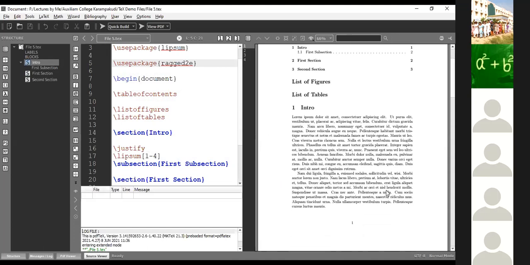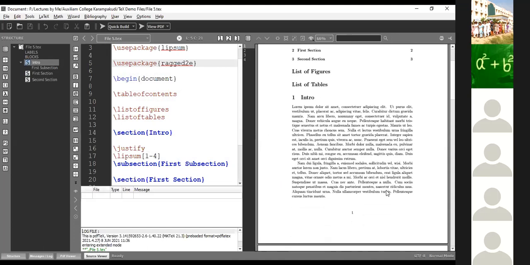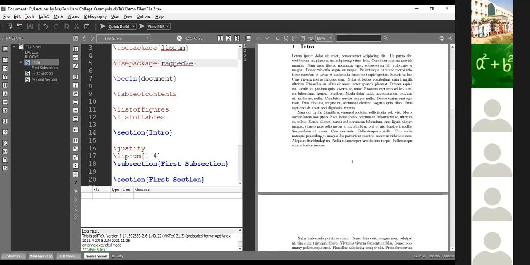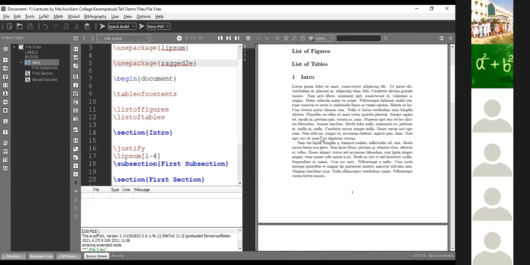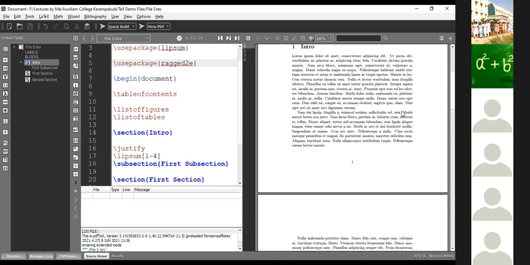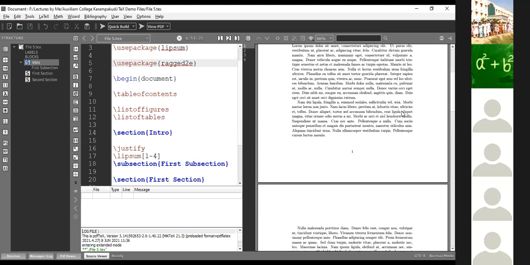This is already in justification mode. Previously also it was in justification mode, so I'm not concentrating on this text. Actually, I am facing the problem when it is not justified.